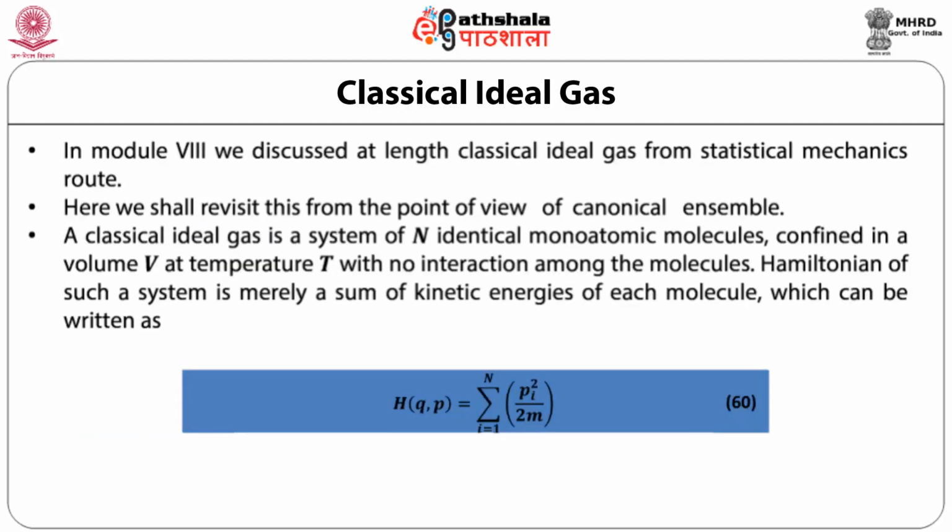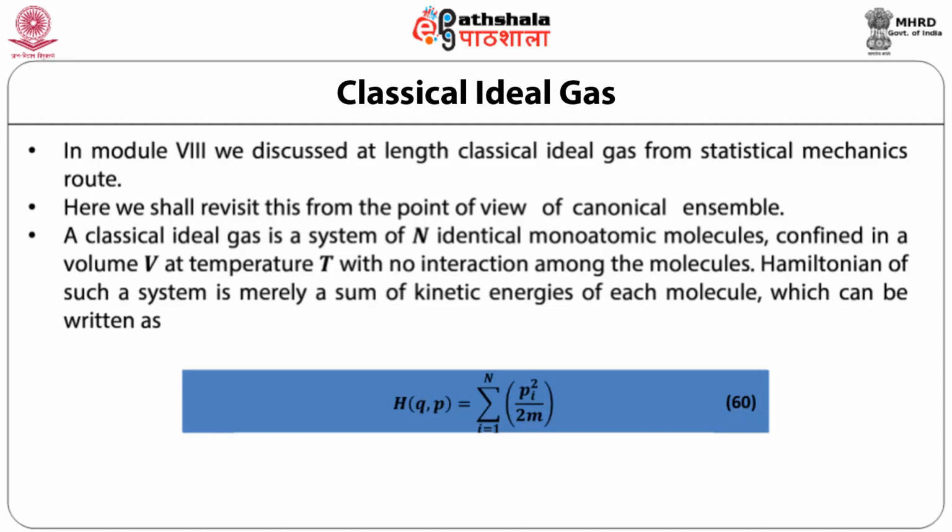Classical ideal gas. In Module 8, we discussed at length the classical ideal gas from the statistical mechanics route. Here we shall revisit this from the point of view of the canonical ensemble. A classical ideal gas is a system of n identical monoatomic molecules confined in a volume V at temperature T, with no interaction among the molecules. The Hamiltonian of such a system is merely a sum of kinetic energies of each molecule, which can be written as